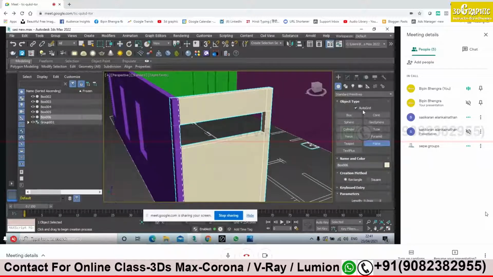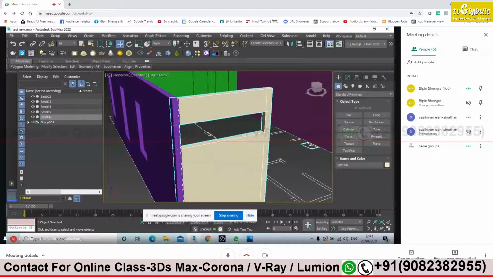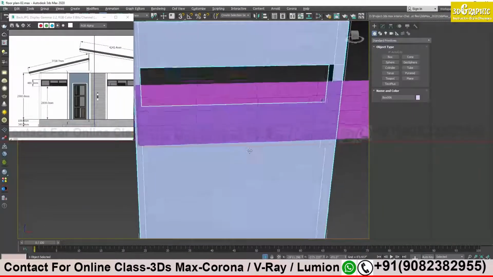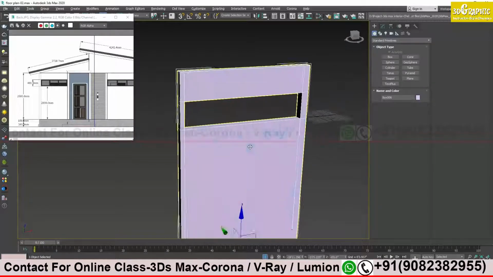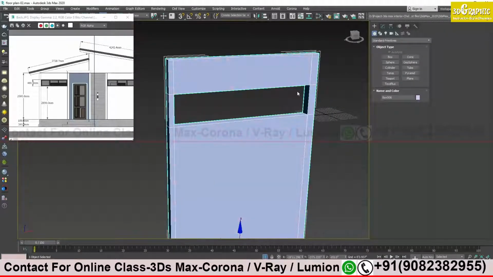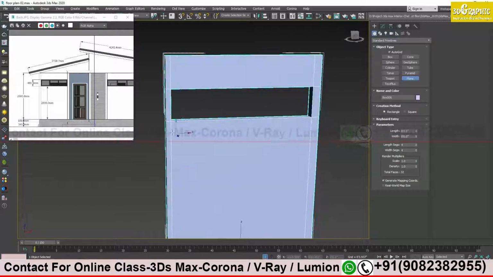Yes, click on the surface of the wall, no? Surface of the wall, not at the edge. No. See my computer screen. See, this is what you created, right? Okay. Select plane. Auto grid should be on. And click on the surface over here.